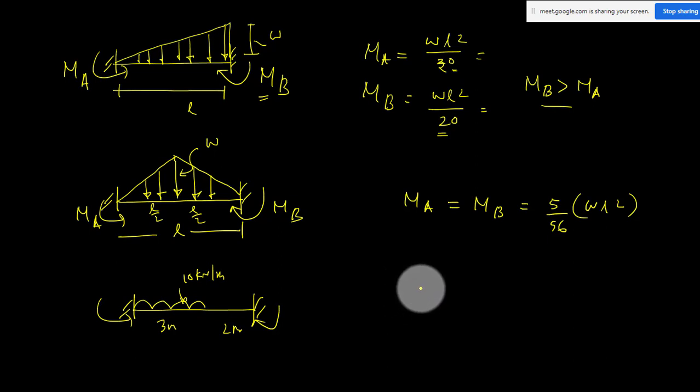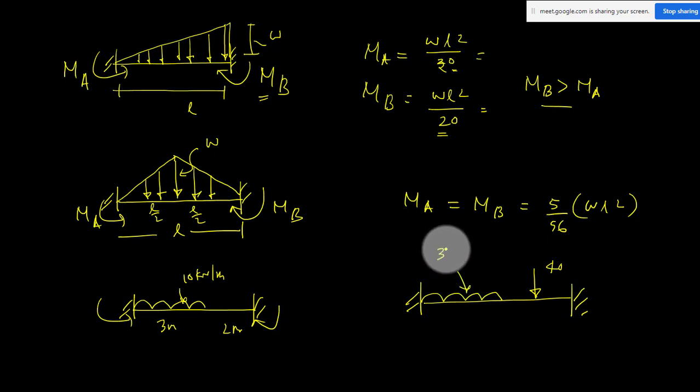Another question can be like this also, a fixed beam. Solving all these questions will take some time. Some load is there, 40, and here some load of 3 kilonewton per meter, over 3 meter, 1.5 meter, and 1.5 meter. So what is MA and MB? This also we can solve, the method is the same, moment area theorem 1. You can draw the moment diagram for the simply supported beam with the external load, and for the simply supported beam with the end moments.